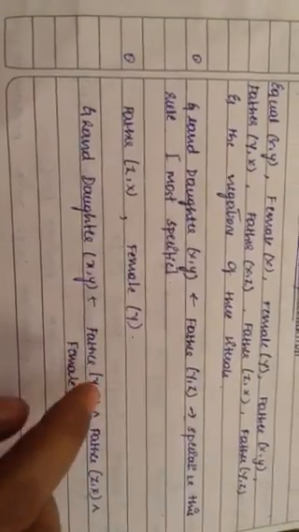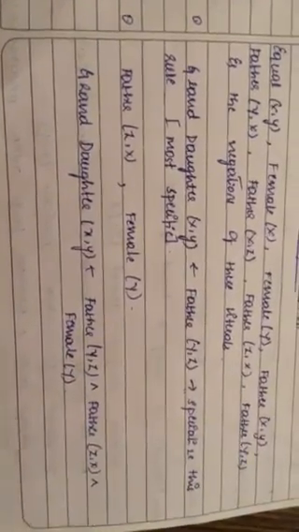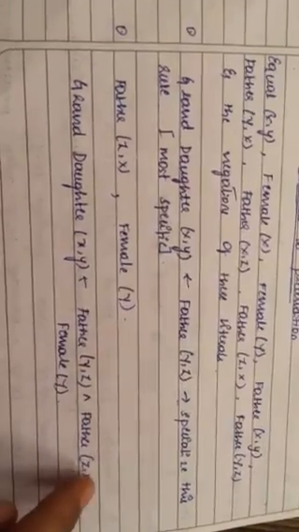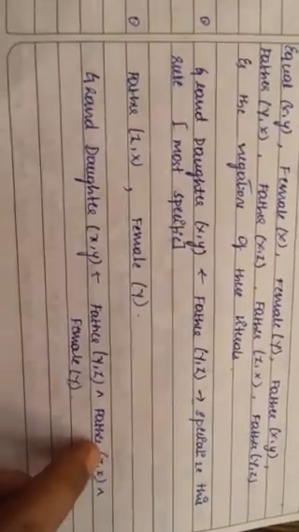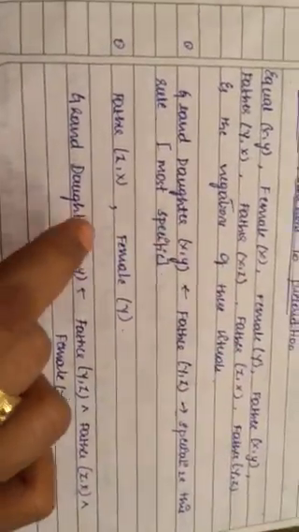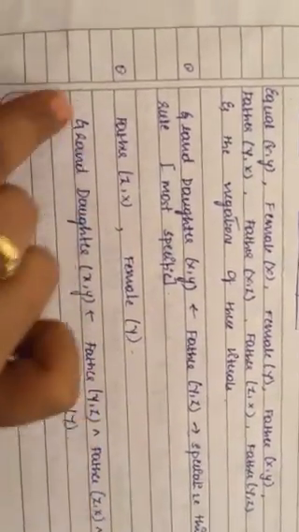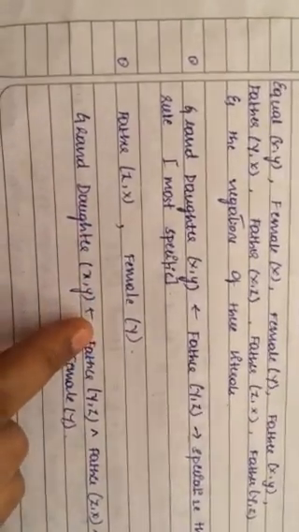Now z is the father of y, and x is the father of z. Yes, since x is a grandparent, y is the daughter and z is the father, so I'll say that x is the father of z. So this is also correct. So when I choose all these things based upon my background knowledge, my machine is going to choose based upon the background knowledge, from the general rule and arrive at the most specific rule. So this is the most specific rule for granddaughter of x comma y.